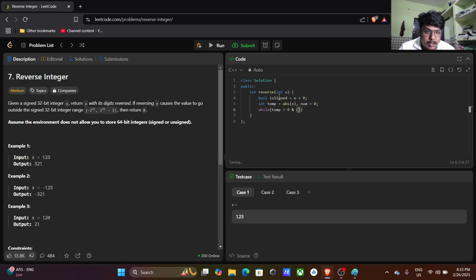And num is greater than or equal to int min, and num is smaller than or equal to int max. Just to write it in. Till then, what we have to do,